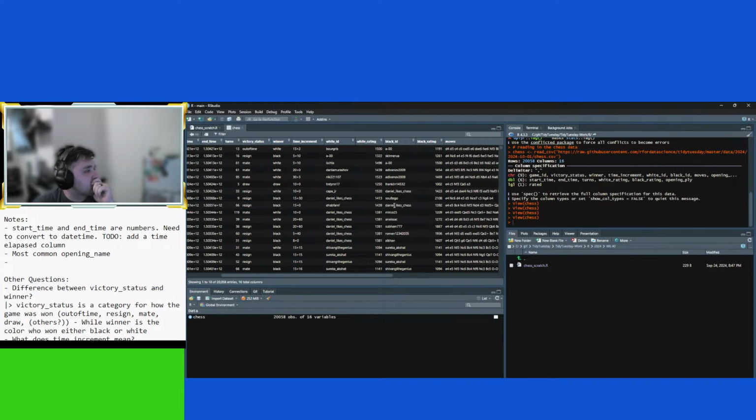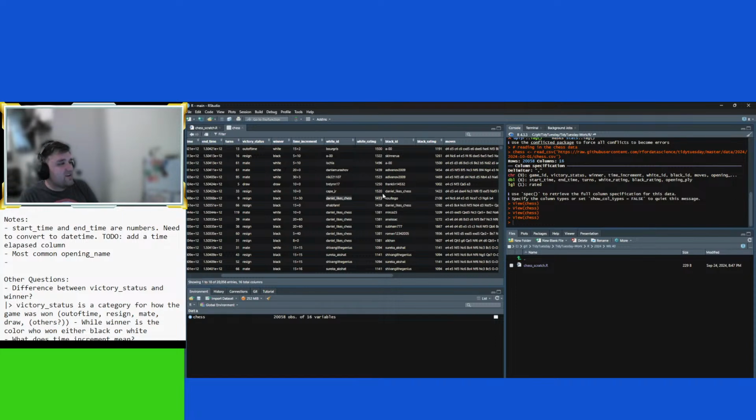Okay, so at least in this brief example, Daniel likes chess is slightly better on black than he is on white. Interesting. Looks like he took a huge loss. Might be interesting actually to follow particular players to see how their rating fluctuates up and down.